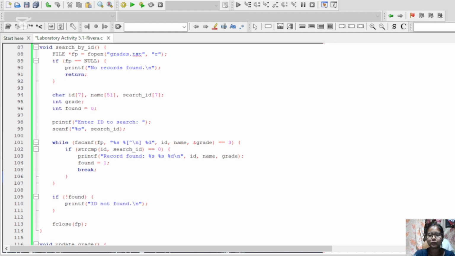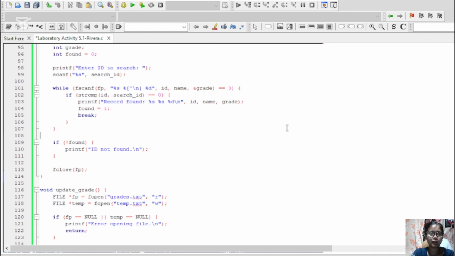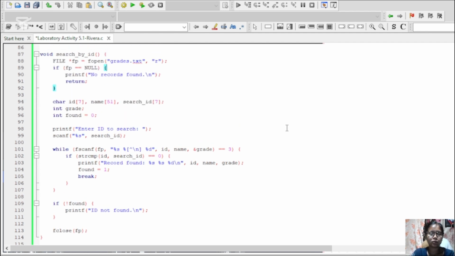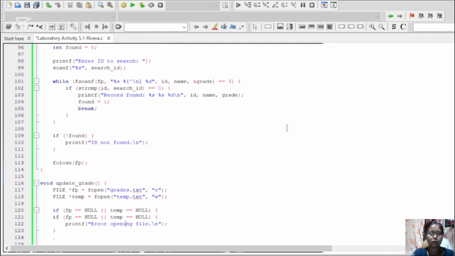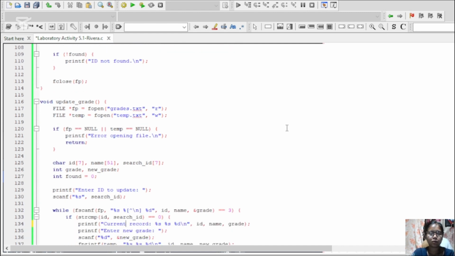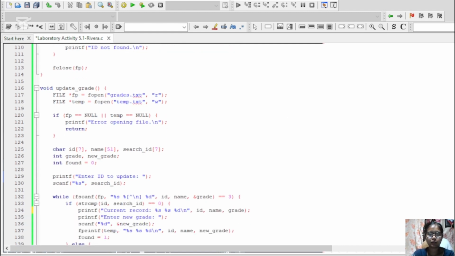As for the search by ID, let's scroll down for this line. This function lets the user update a student grade.